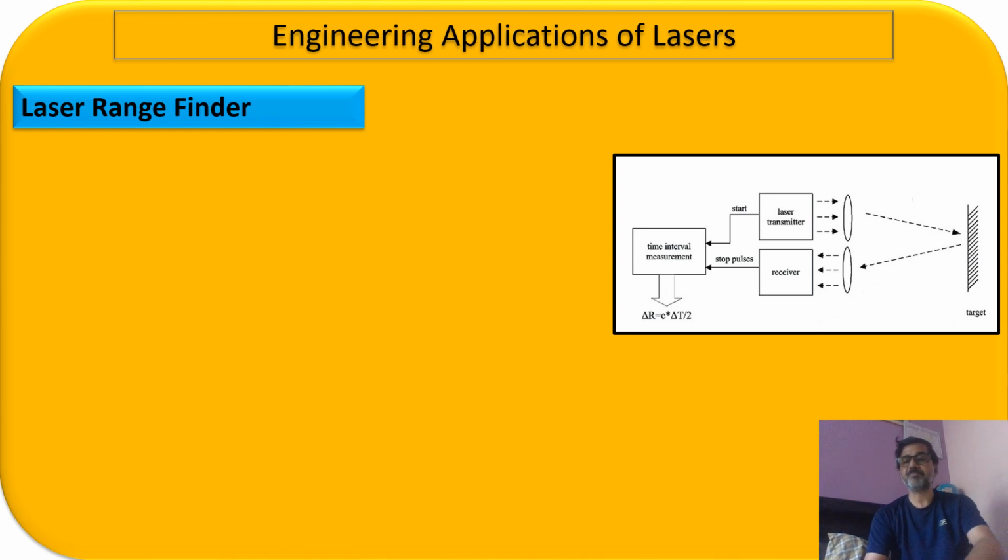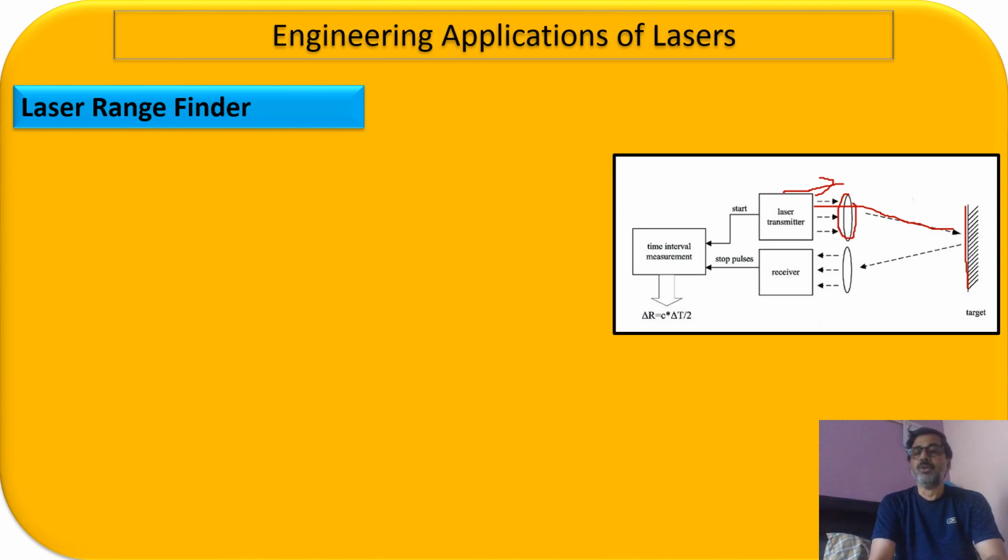How does it work? As you can see from here, we have taken a laser source, and from the laser source we are going to send the light onto the distant object. So here let us suppose this is your distant object. On this the light is coming from your laser. So this is how the light is coming. Naturally, to make the light parallel, or to focus on the target, we can use lenses, right? So this is what we have done.